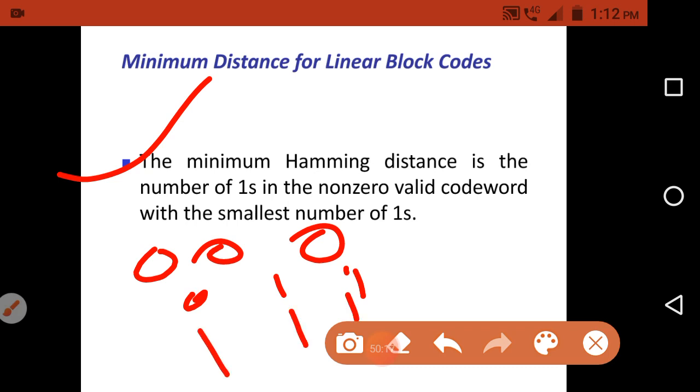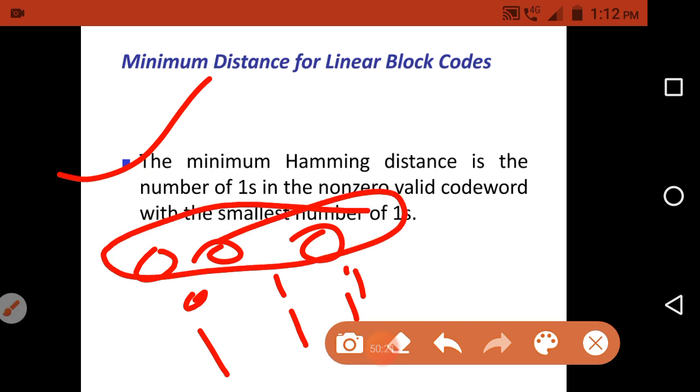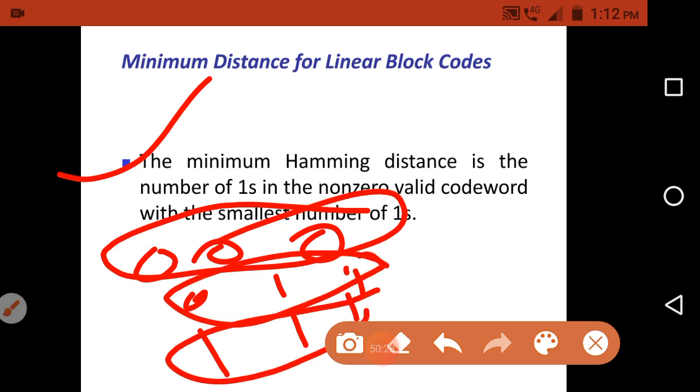So non-zero valid code word means you do not consider the first one because it is the zero code word. Okay, non-zero means there should be at least one 1 present in that code word. So that is what we call a non-zero valid code word.